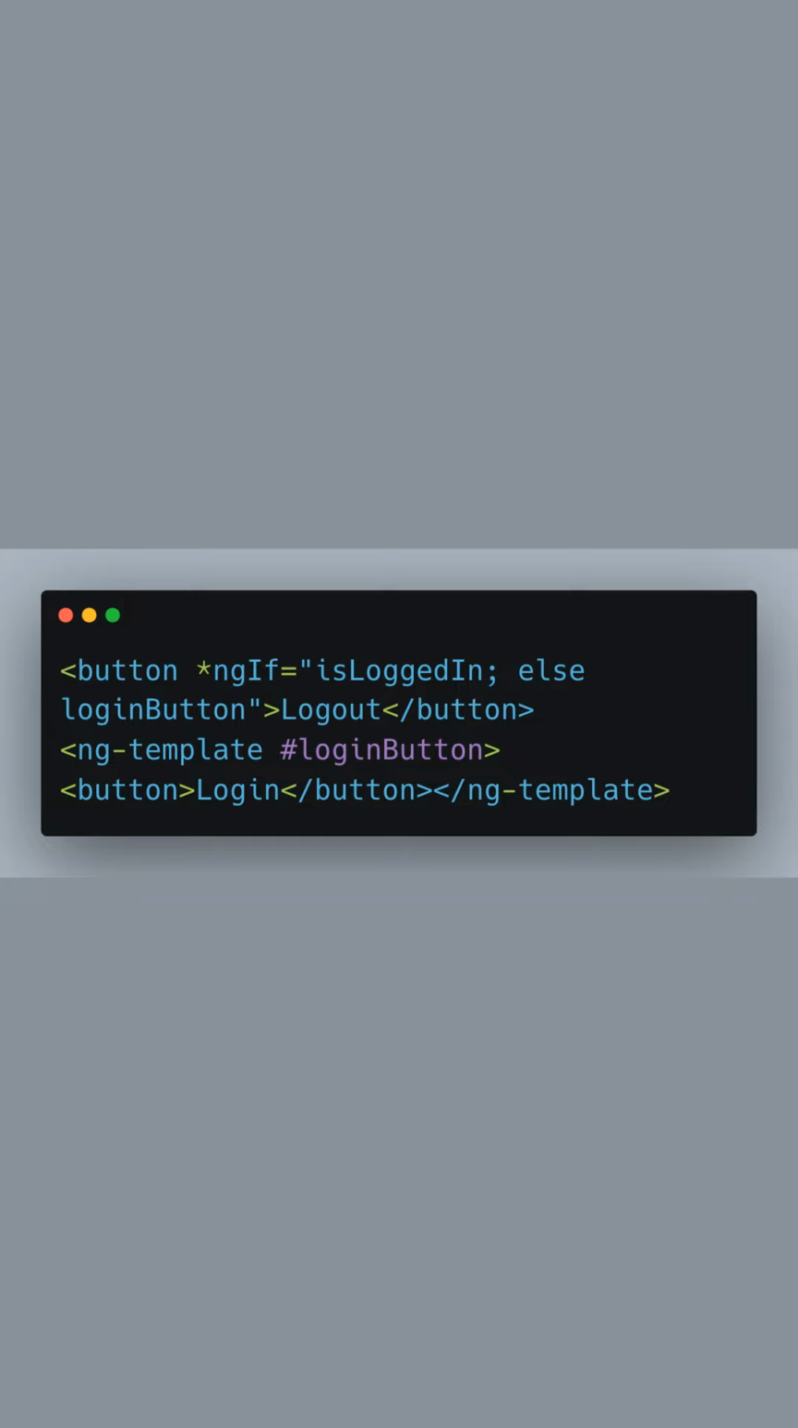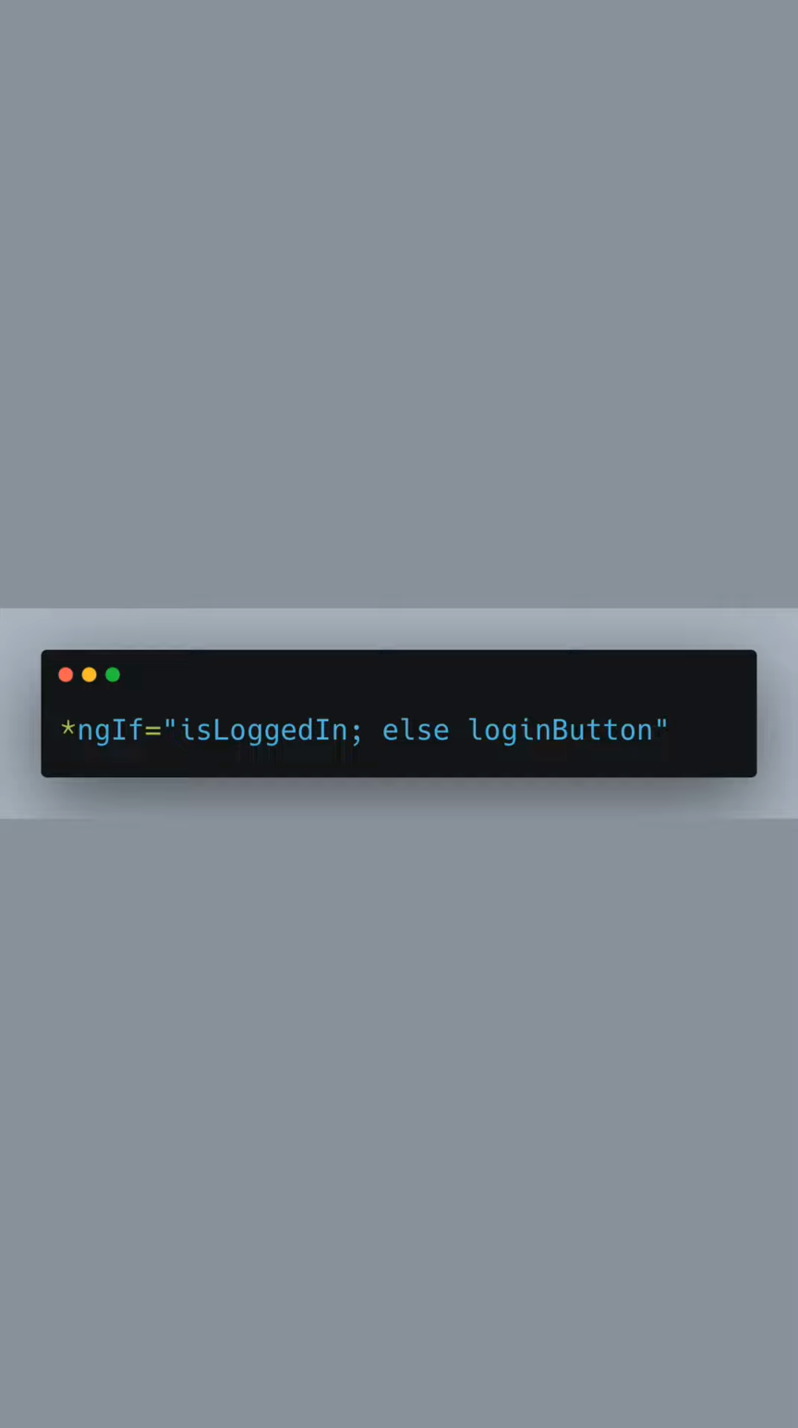First, take a look at this line of code. We have a button that users can click to log out, but we only want to show this button if the user is already logged in. This part right here is the ngIf directive. It's checking a Boolean condition, isLoggedIn. If isLoggedIn evaluates to true, meaning the user is logged in, Angular will render this logout button into